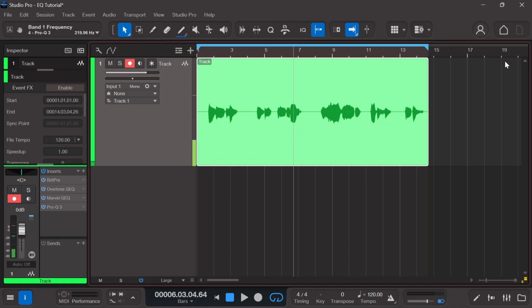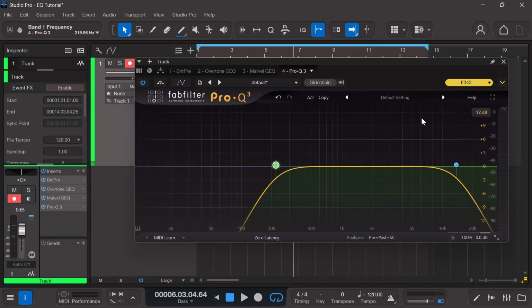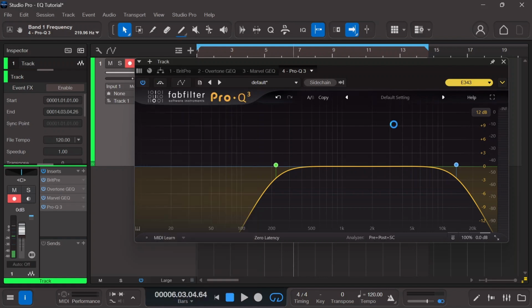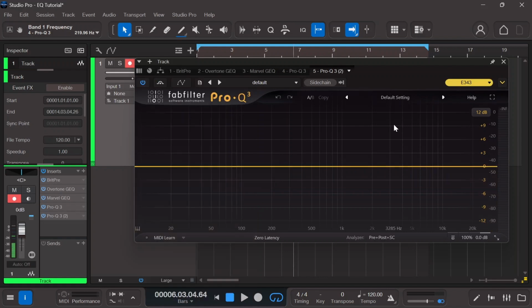What is shelving? Shelving EQ basically works the way your bell equalization works. So this is our low cut here. Let's do another equalizer. This is the way shelving EQ works: it just gives a boost. So the way I can give a boost using my bell,